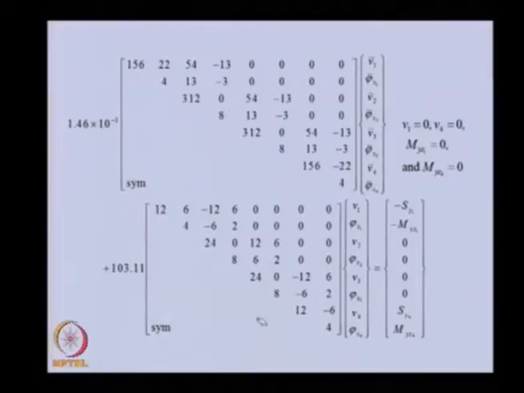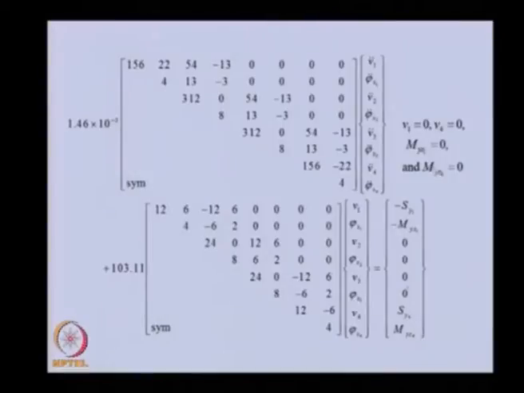Similarly, this is the assembled stiffness matrix. In the reaction force vector, the shear force and bending moment at the common nodes, that is 2 and 3, will cancel each other. These at nodes 1 and 4 will not be 0 unless specified by the boundary condition of the problem.